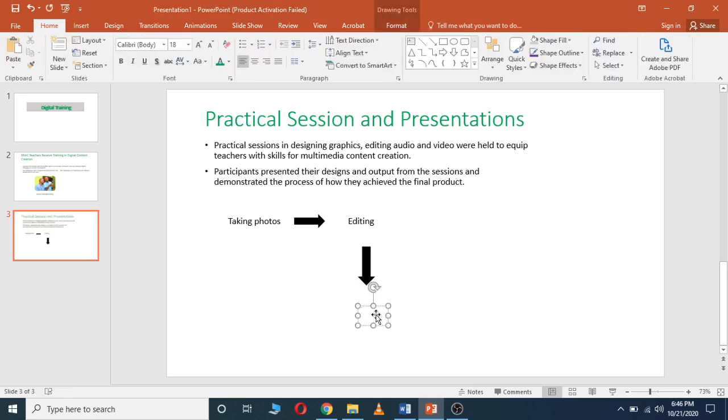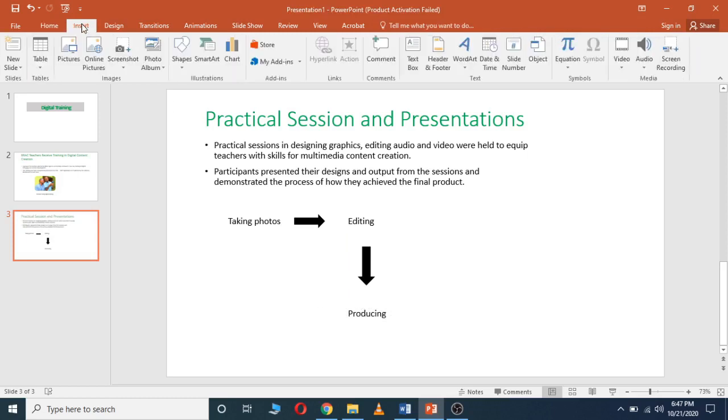So after editing, the next step will be producing. So after editing, your images will be production. So it will be production. So after producing our images, the last step will be